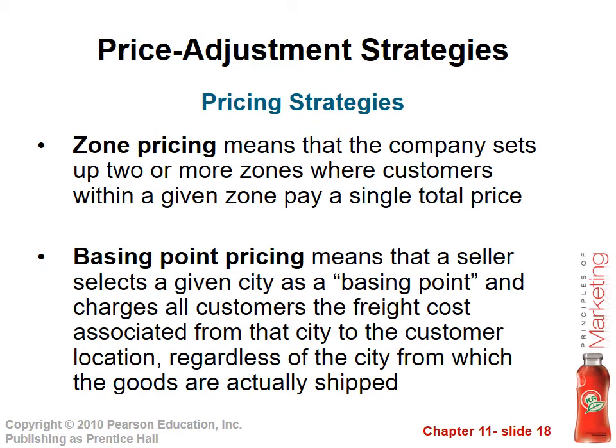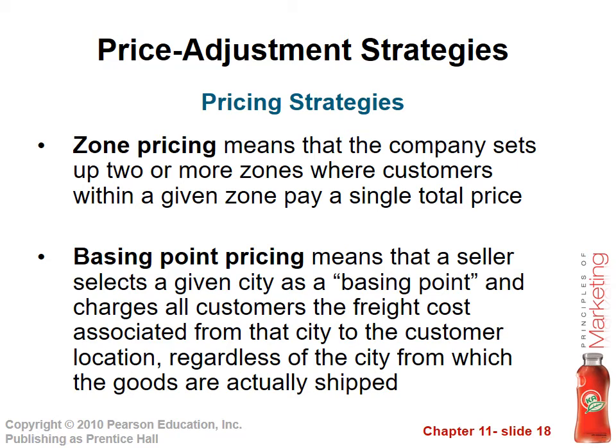They will divide it into different zones, and the delivery cost will depend on the zone pricing. When you send it to Papua, this is the cost for Papua. When you send it to Bali, this is the cost for Bali. But when you send it within Java Island, then you pay a specific amount for the zone